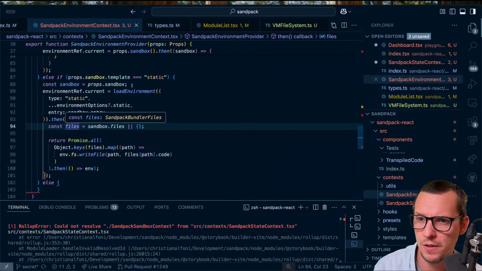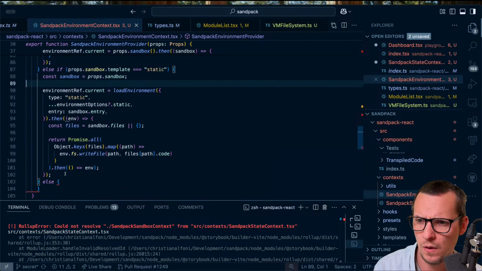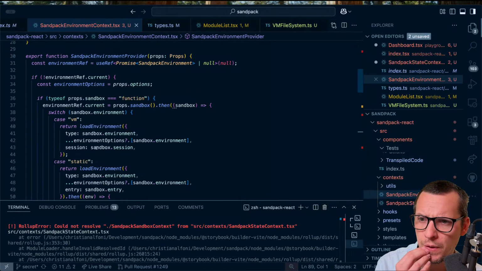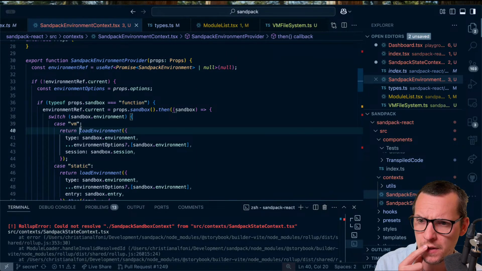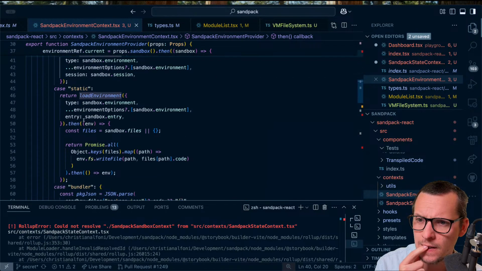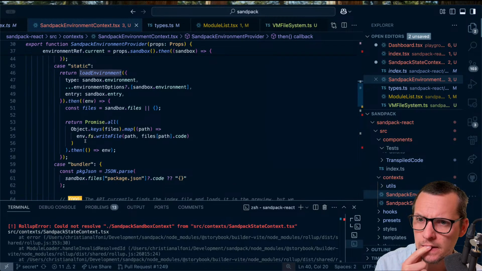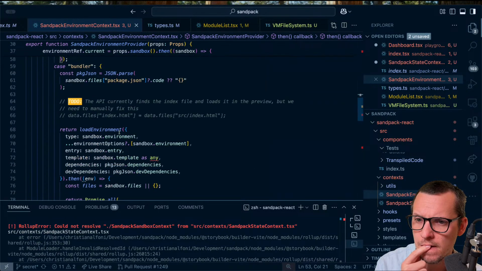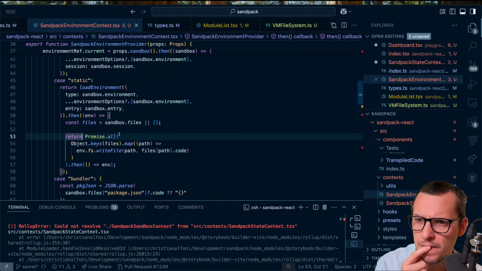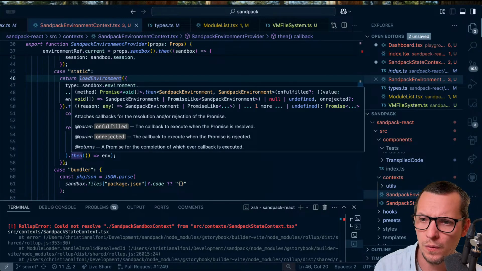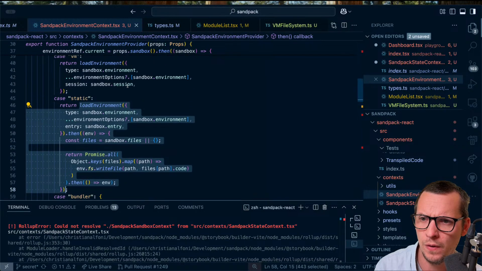Okay, so then we just load up the environment, and then we have, I think we're gonna create functions for this. Yeah, I think we can do something like load